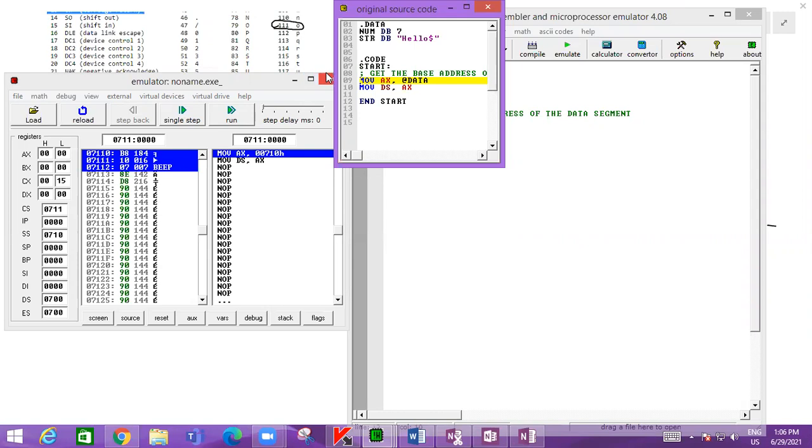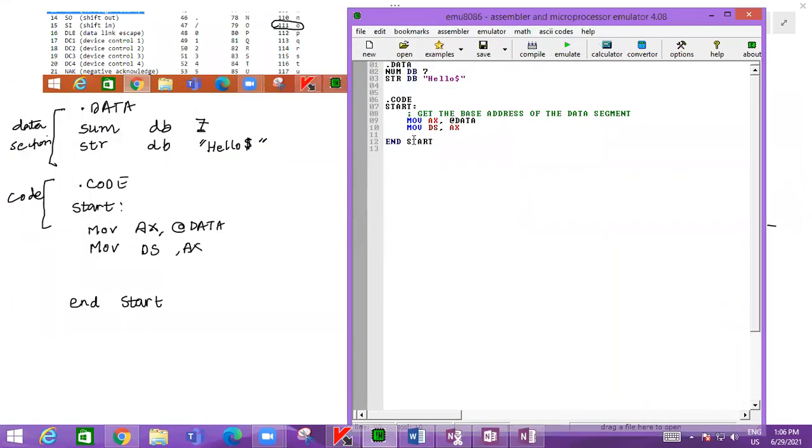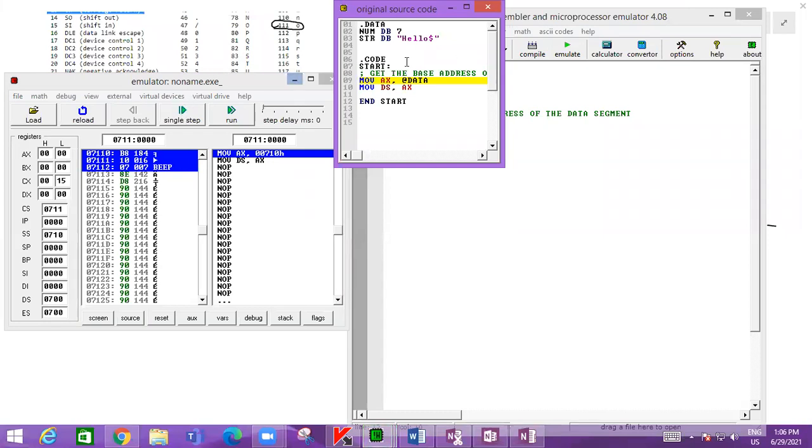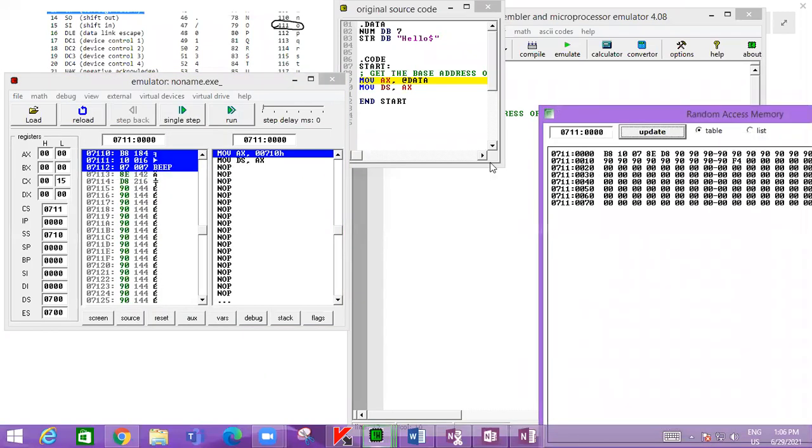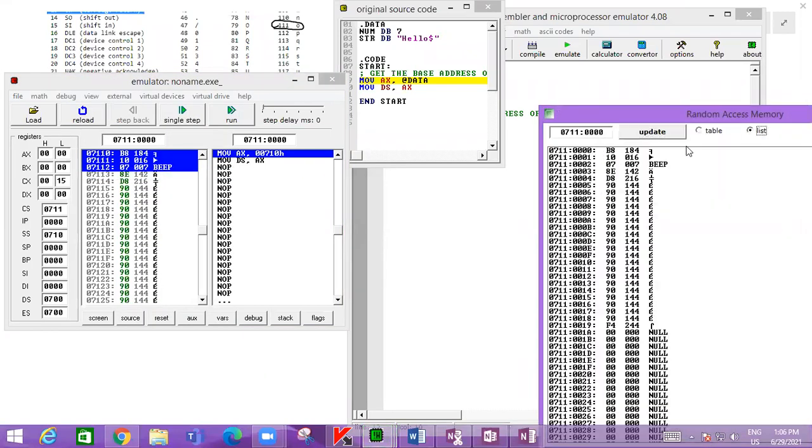We'll reload. So it is end start. Okay, we'll emulate. So we are in the first line. We want to see the memory. We'll see the memory, and in the listing mode, the data segment base address is 700.